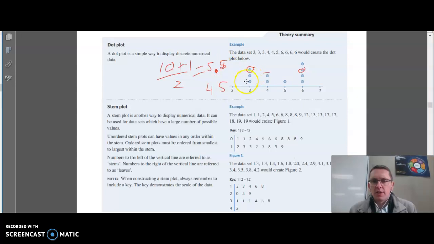1, 2, 3, 4, 5. So it's in between these two, which would actually be 4.5. That would be the value of the median. If we need to find the IQR,